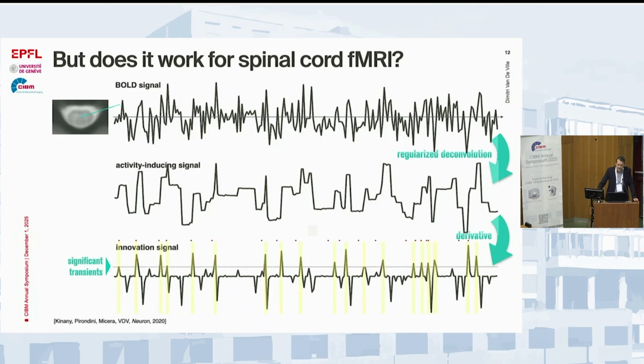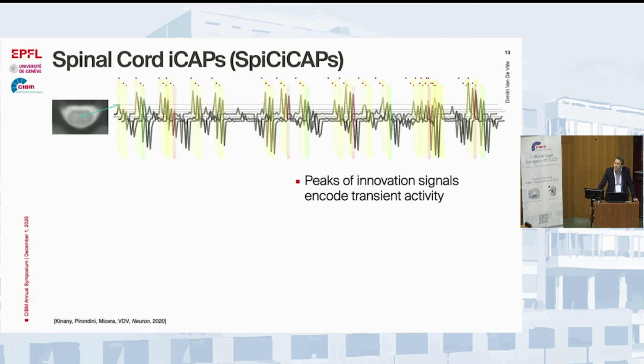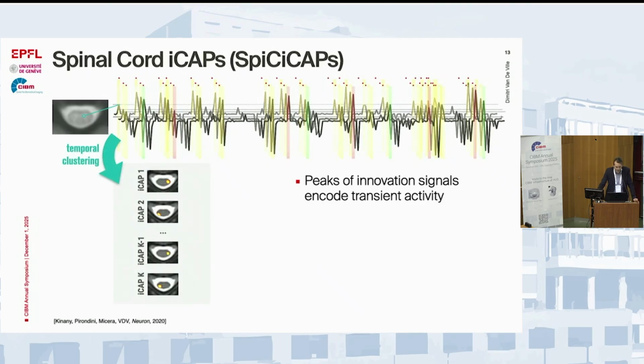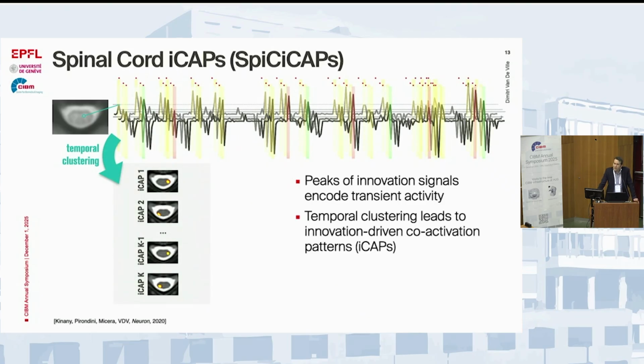And then again, just like we did in the brain, we can do this for all voxels in the spinal cord. Then we can do temporal clustering that brings together the time points that show the same spatial pattern of transient activity. So if you look at that set of innovation-driven co-activation patterns, or ICAPs as we call them,